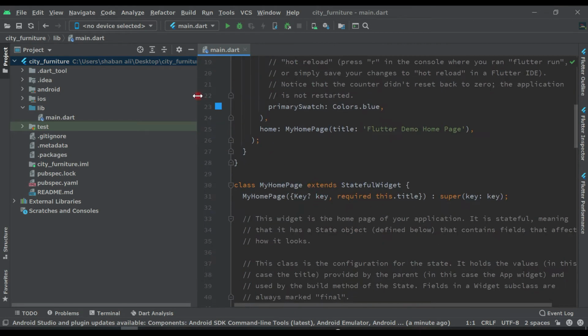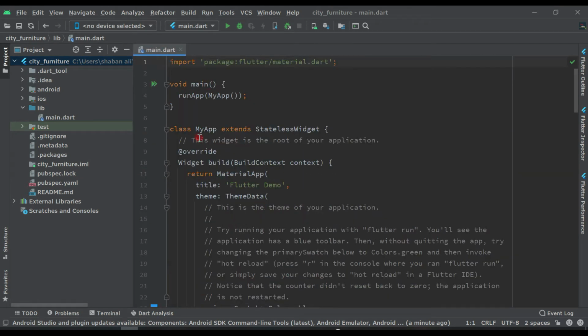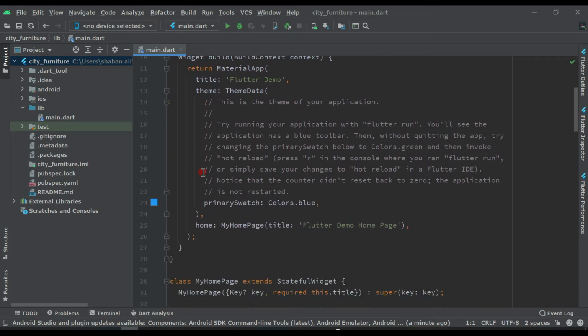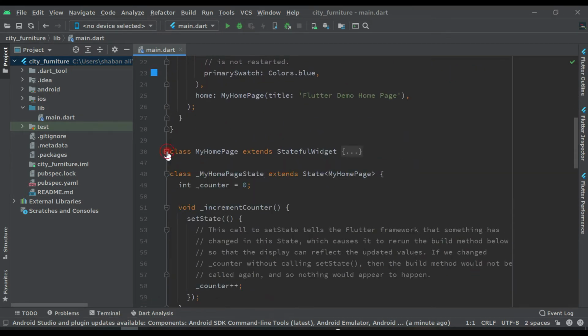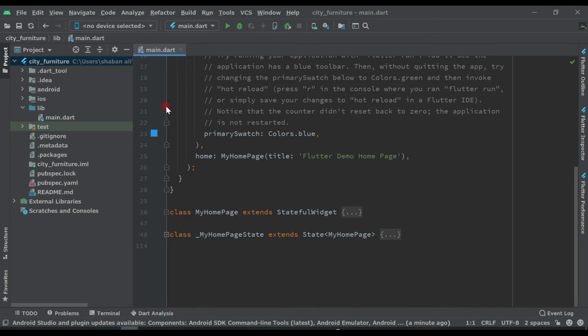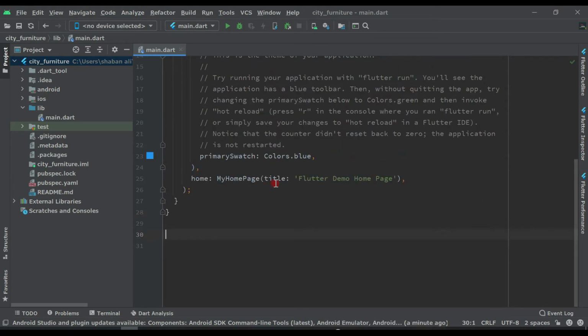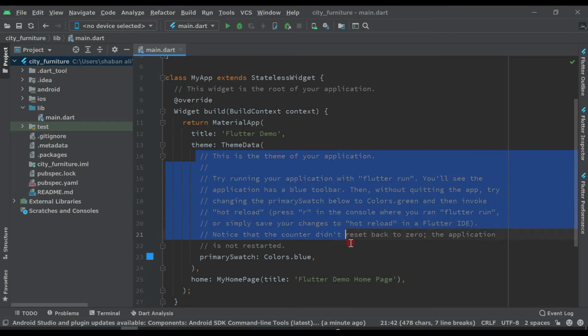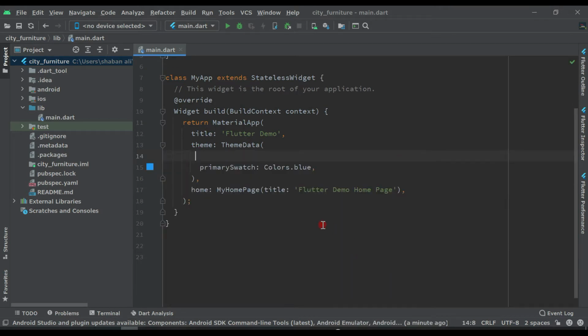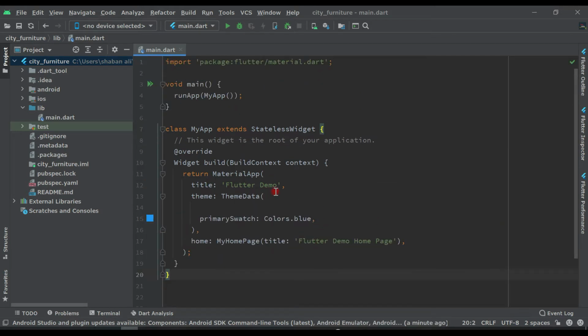So simply come here and remove all these things, this class and this second class, select both and press delete, and delete this comment also. Now we have the simple demo of this app.